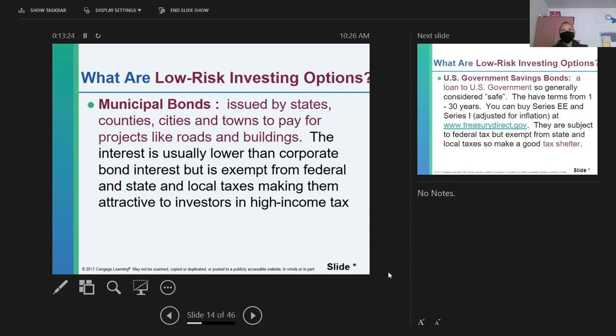So municipal bonds, those are going to be things you may see on ballots when you are eligible to vote, where the city can say, hey, we need to redo these roads. Are you willing to have this bond for this much money? These ones, again, they're exempt from the taxes. So that's why they're attractive to investors in the high income tax brackets, because it's a way for them to make money and not be taxed on it. They already feel like they're being taxed enough, and they might say, okay, how can I make some money and not be taxed?